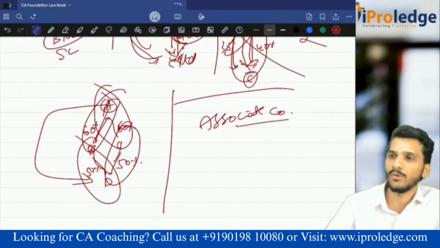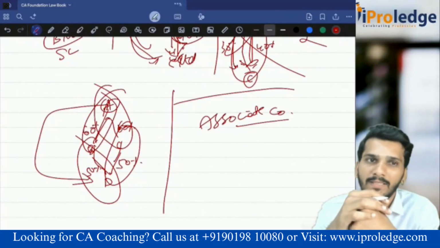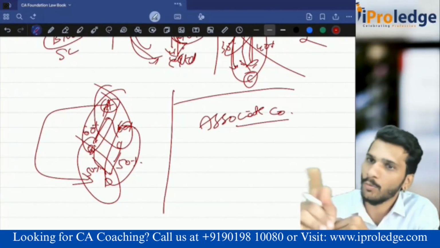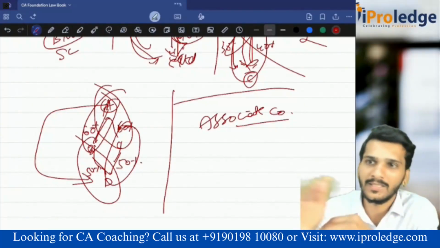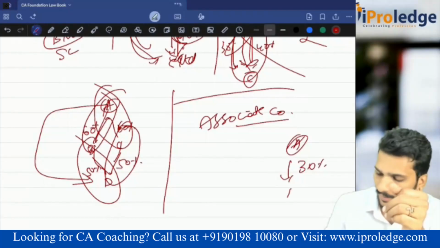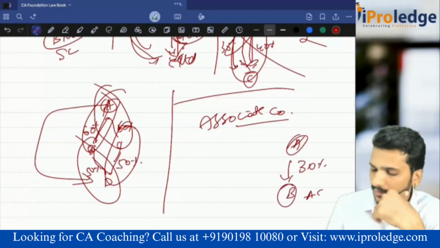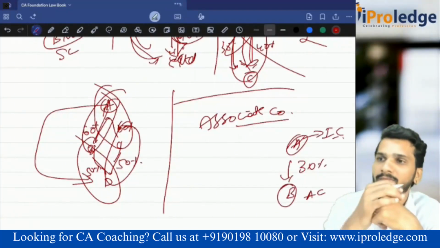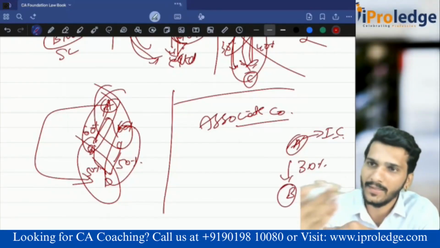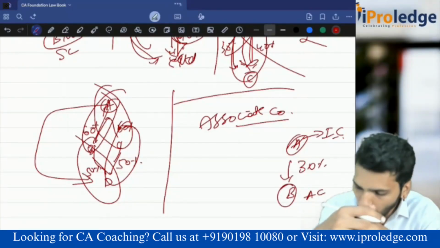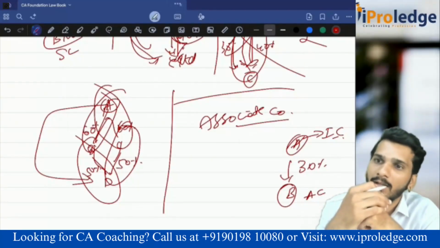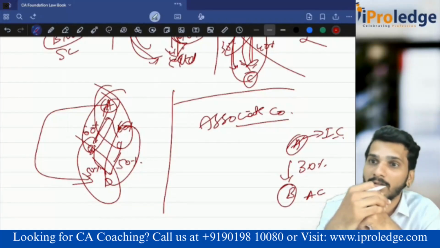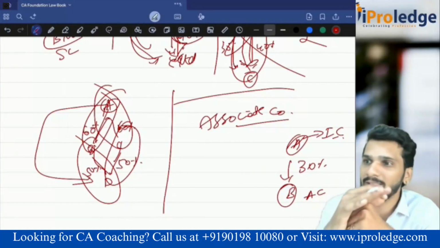The next concept is associate company. What is an associate company? Sir, I am not holding more than 50%, I am holding less than 50. But if you are holding more than 20, then the other company is called an associate company. Now, A is holding 30% in B Limited. Now, B is an associate company. This company is called the investor company, and the other company is called the associate company. Sir, I am holding 40%, then associate. 45, 50? No, it is a joint venture. A type of associate, but it is a separate joint venture.